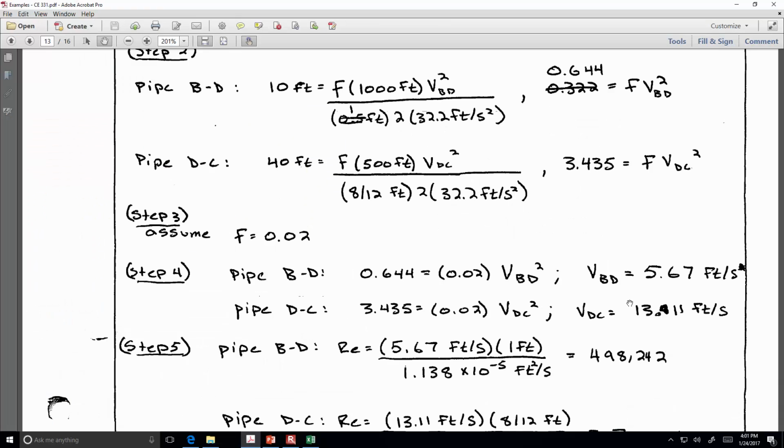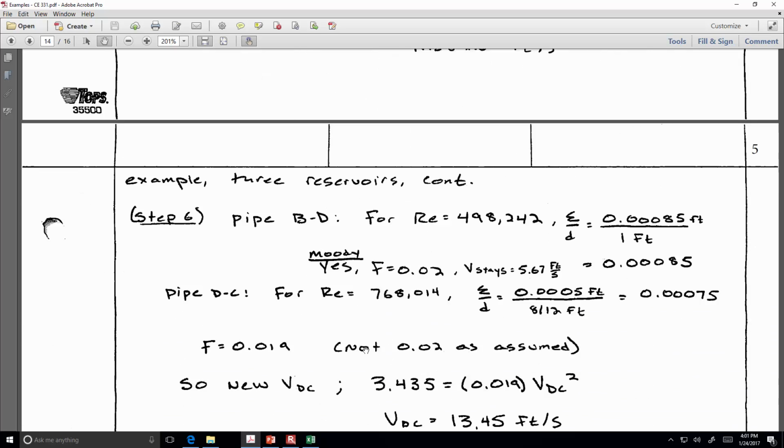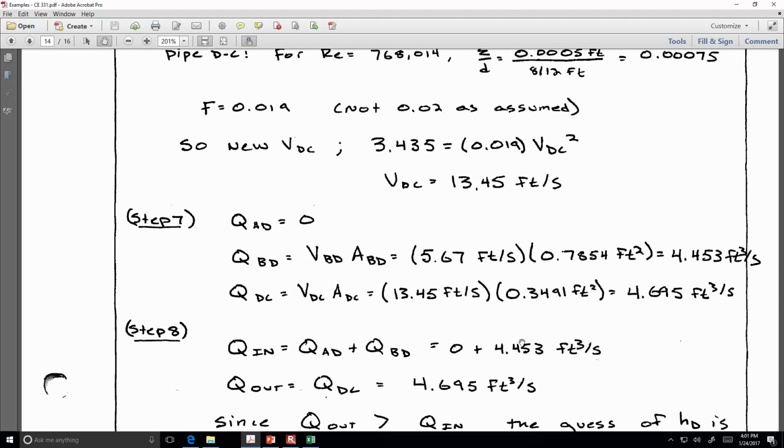And so here is that 0.02. And then we can get some guess velocities based on that assumption. And if we've got guess velocities, then we get Reynolds numbers from those. And with the Reynolds numbers and the relative roughness, we can have an updated guess of the f value. I can get that either from a Moody diagram or from the Jain equation. So now I've got an updated f, I can get an updated velocity, and now here in step 7 is